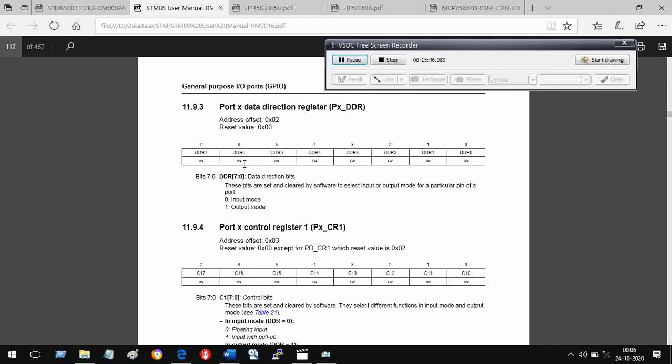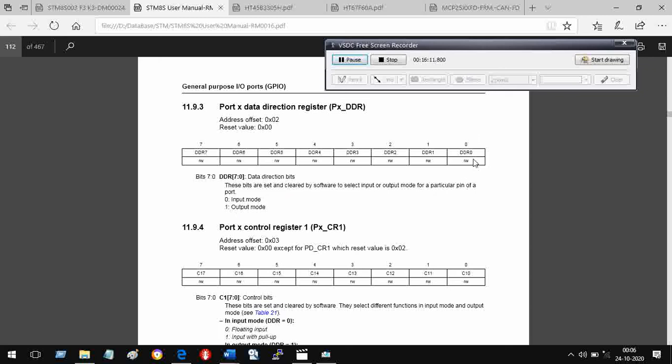Similarly, it is described here, data direction bits. These bits are set and cleared by software to select input or output mode. So it is set for output mode or clear for input mode. If you set 0, it becomes input mode. If you set 1, then it becomes output mode.